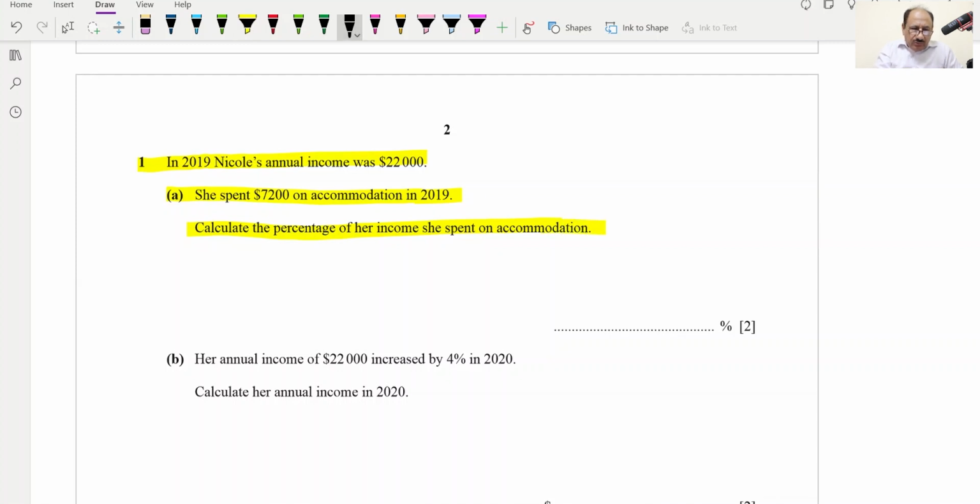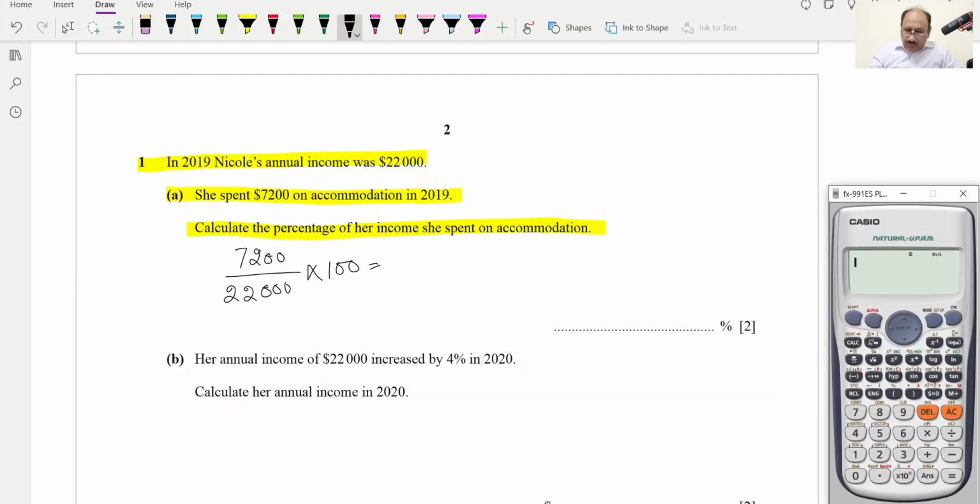So 7,200 out of the total, which is 22,000, and for percentage we will be multiplying by 100. To calculate this we'll be taking the fraction 7200 over 22,000, and this will be multiplied by 100, and this is equal to